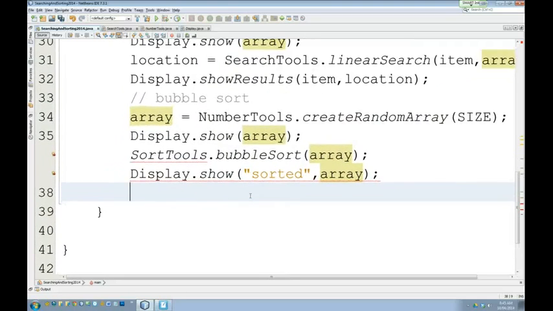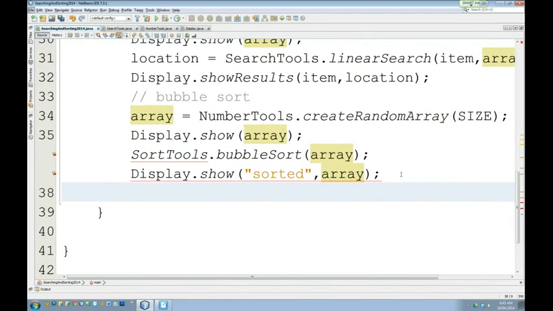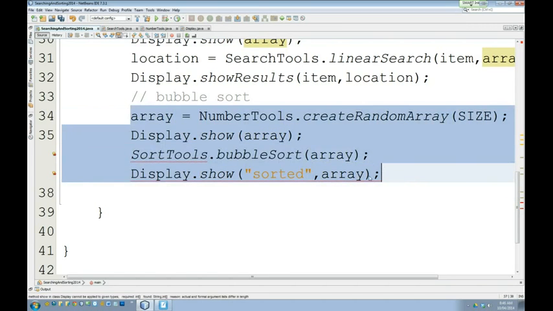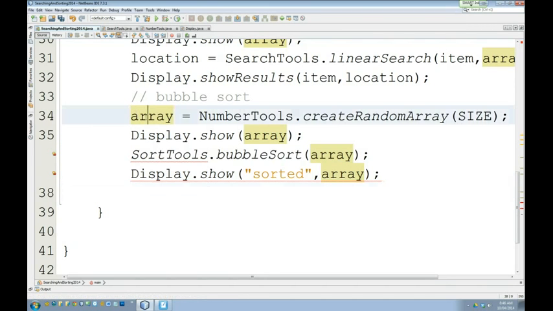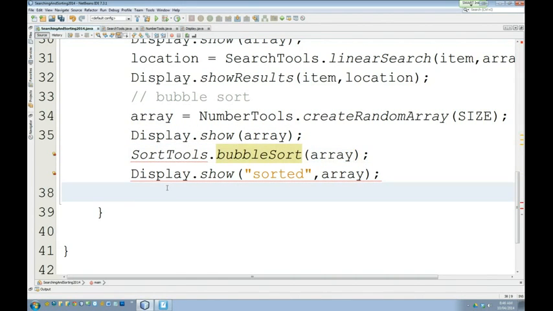So here again is the code we're going to start with today, these 4 lines of code right here. Okay? So we recreate the array. That'll just re-randomize it. We show that array so the user can see what it looks like. Then we will sort the array and then show it after it's been sorted. So the first thing I want to fix is I want to go to the display class